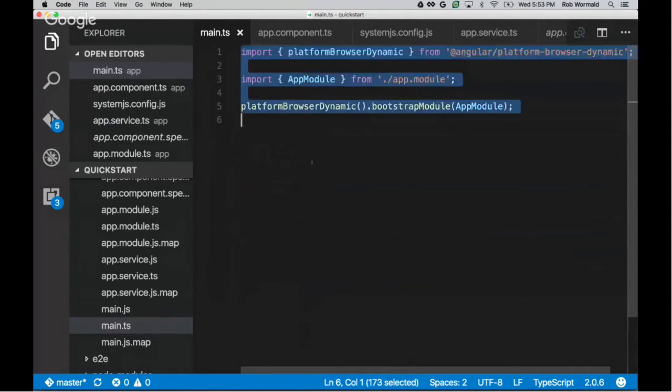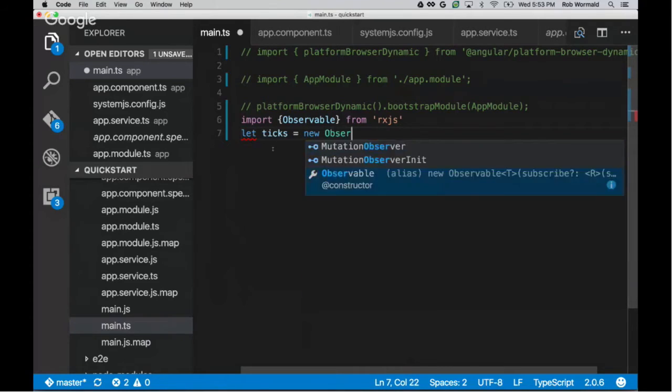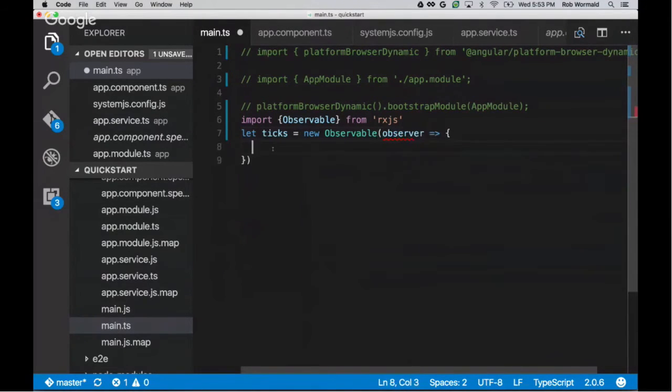This is a good question, and worth covering. We're going to step out of Angular for just a second, because I think it's easier to understand outside of Angular. We're going to create a manual observable here. I'm going to import Observable from RxJS, and then do let ticks be a new observable, and all I'm going to have this observable do, observer,